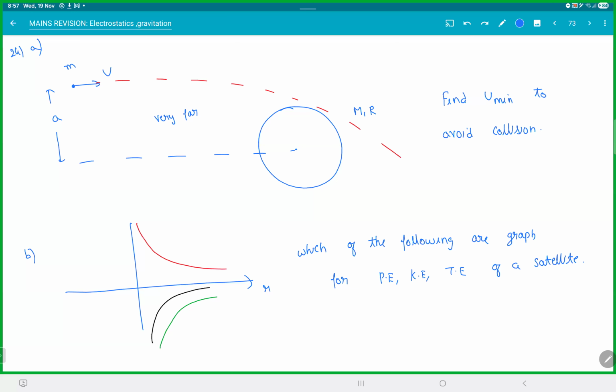Ansh, did you figure it out? No. I told you something, remember a common statement I keep saying. If something is not going in a circle and something is not going in a straight line, there's only one way we can do problems. What? Ansh, yeah, the statement. We have to use conservation of energy and conservation of momentum,